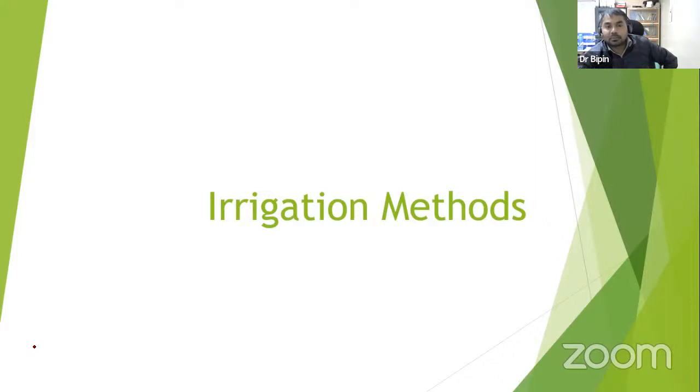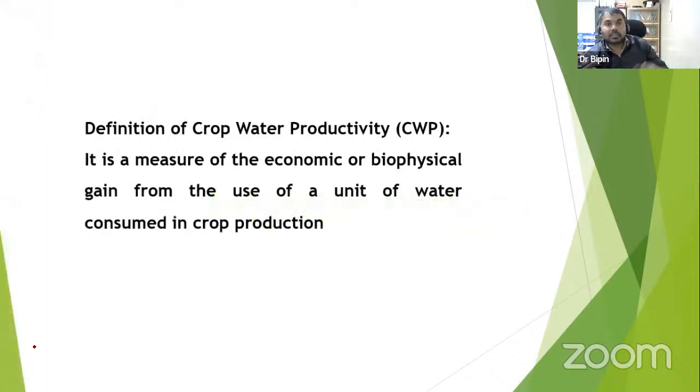If I'm giving you the example of a canal, in the canal you may see a large area exposed to the surface, and evaporation happens, and simultaneously side by side seepage also happens. So losses happen more and more. That's why we need to choose the most efficient method if we are really interested in increasing the crop